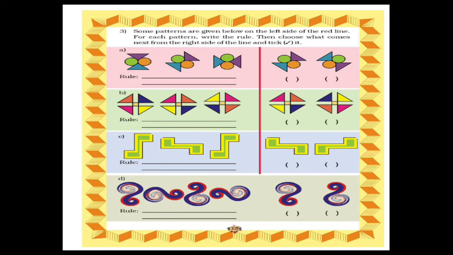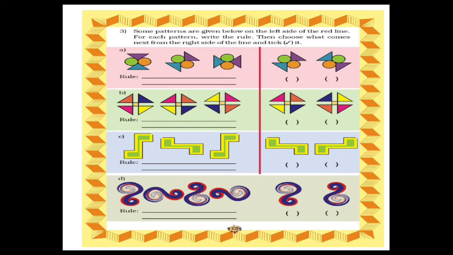So let's see what you can see. See, this is straight, then it is taking a little bit slant, then again it is at horizontal. So what rule can you observe? So in this rule you will write that turn by 45 degree each time. So it is turning at 45 degree. So you will write this in your textbook, that rule: turn by 45 degree each time. Now try to identify which pattern, this one or this one, will come in next. So what do you think, which pattern will come? So the true option is this one. This will come next.